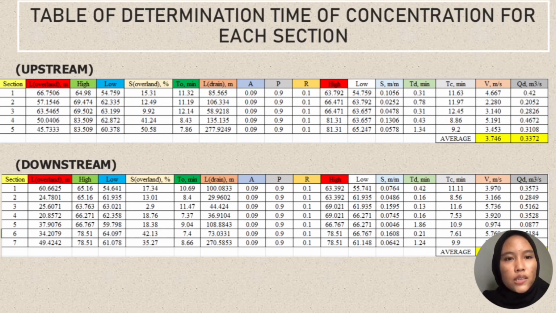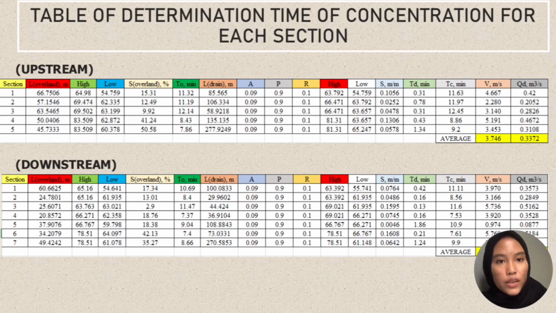The peak discharge is the flow rate of the design, calculated using the formula Q equals AV. A is the area of the drain type that we choose, and V is the velocity of the subcatchment. So we need to calculate the peak discharge for each subcatchment. For example, for subcatchment 1, the peak discharge that has been calculated is equal to 0.2 meter cube per